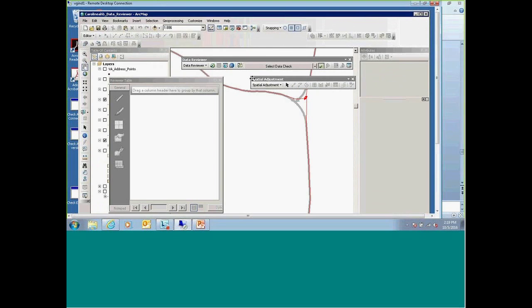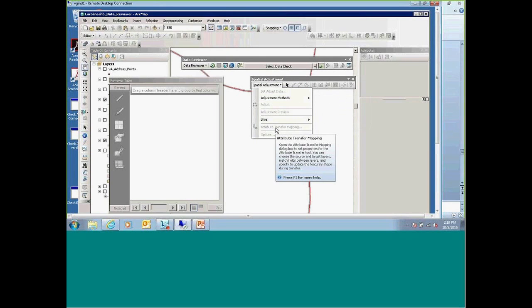I don't know if anybody is familiar with these, but this attribute transfer mapping is a lifesaver, because if you have so many changes, I've had thousands upon thousands of street name changes or address range changes, and this makes it so quick to run through all of these to get them finished.